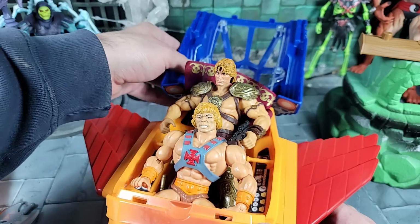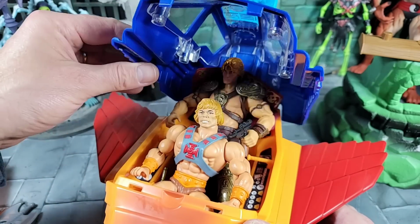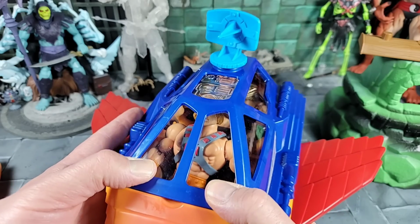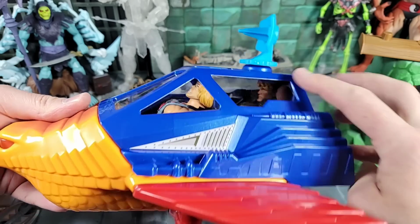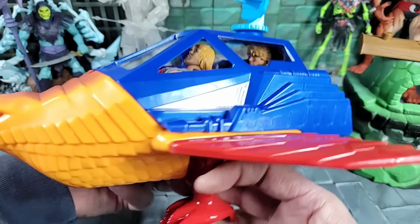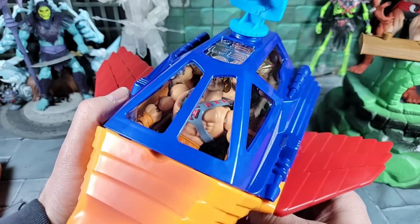Got two custom heads, a couple He-Mans going, but let's see with the Masterverse in the back and Origins up front if it works. A little tight. All right, locks. It just pushes his head down. It doesn't look bad. It does work. And that Dolph is pretty tall with that head and the cape and stuff like that, but it does